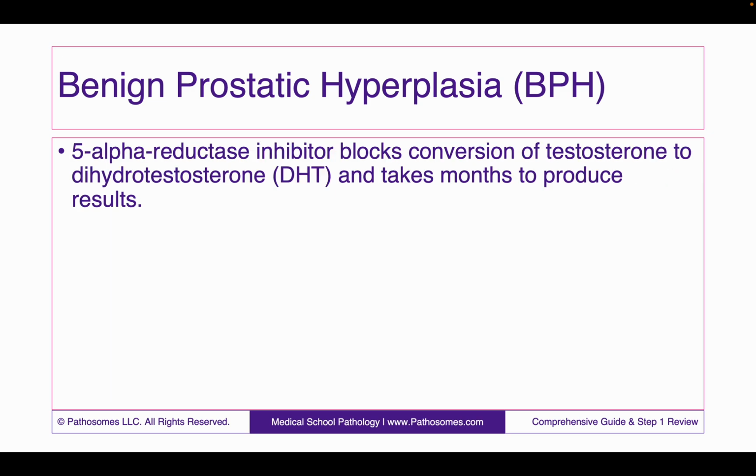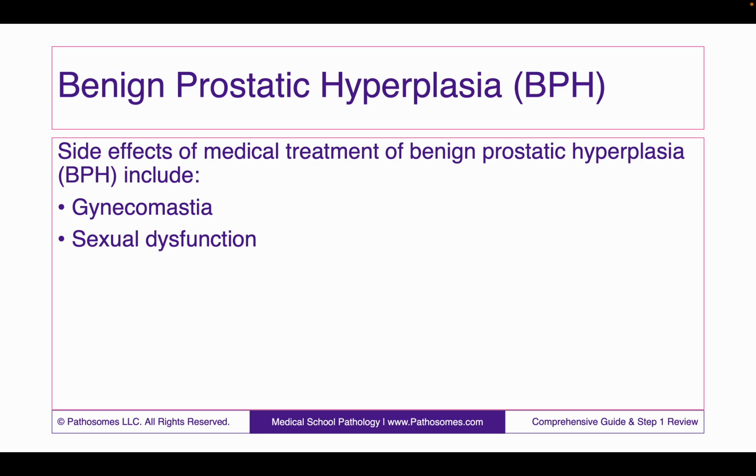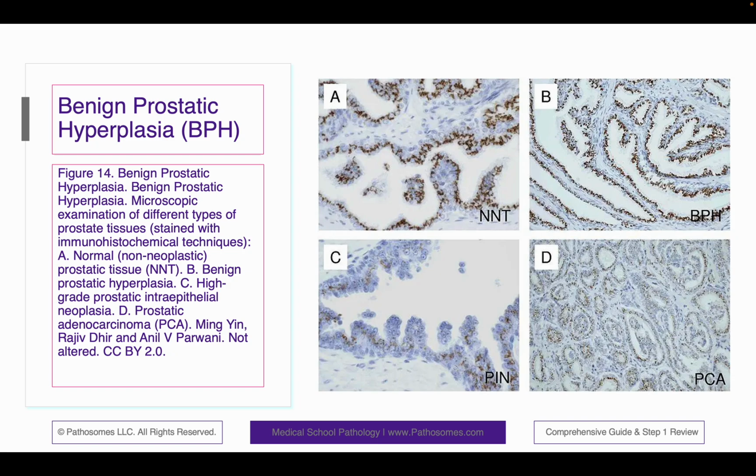5-alpha reductase inhibitor blocks conversion of testosterone to dihydrotestosterone and takes months to produce results. Side effects of medical treatment of BPH include gynecomastia, right? And sexual dysfunction, right? Here we can see various histographic representations of benign prostatic hyperplasia